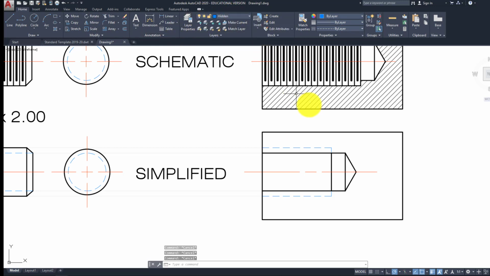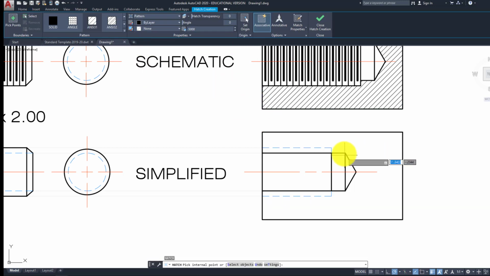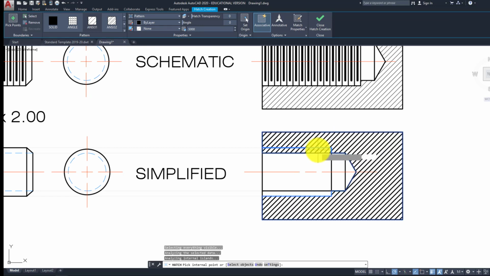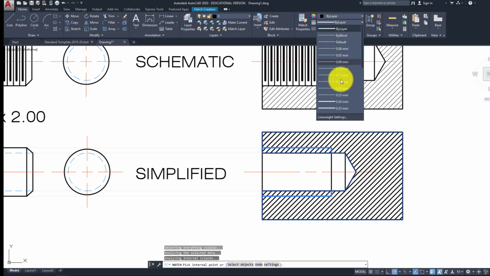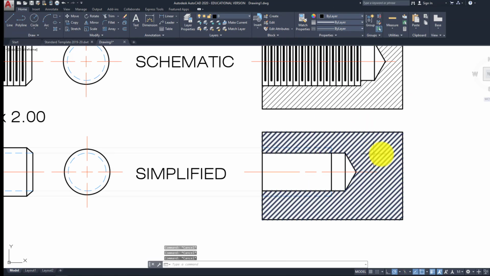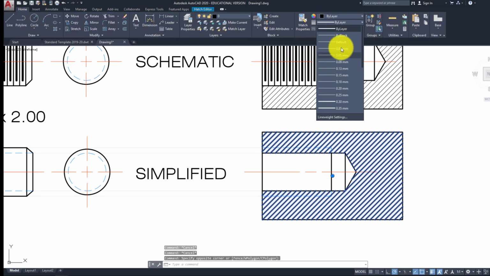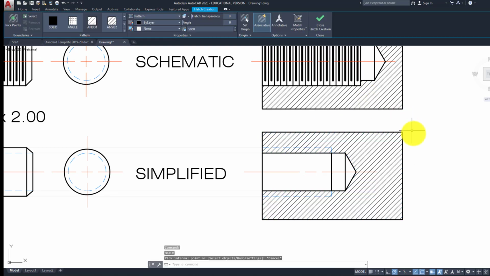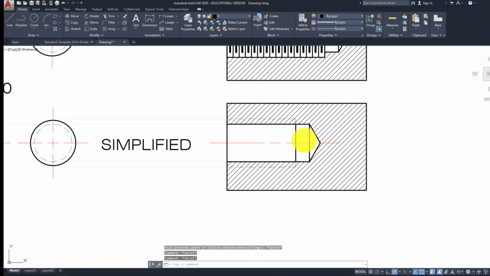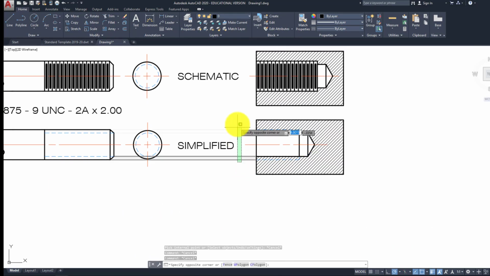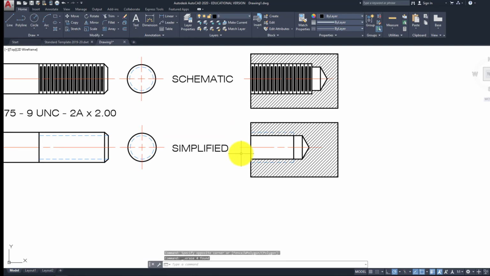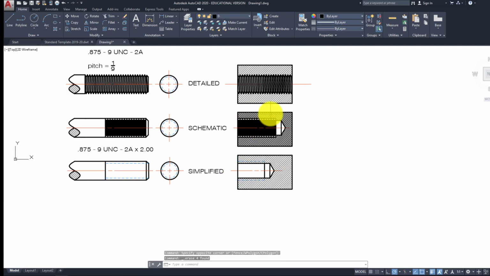Switch this over. H enters hatch, by the way. And it doesn't like me. Alright, there we go. Hatch, and you gotta hatch in these little gaps right here. I know it looks weird, but you should always have your hatches nice and thin. Oh, that didn't work. Come on, buddy. There we go. So it's gonna look like that. So that's an internal simplified thread. Get rid of these projection lines. And then, what does it look like